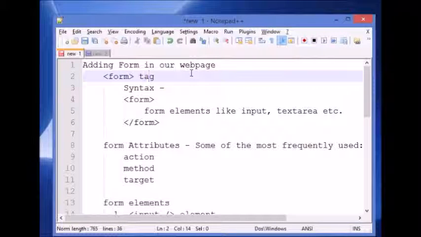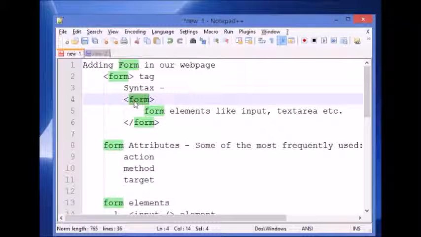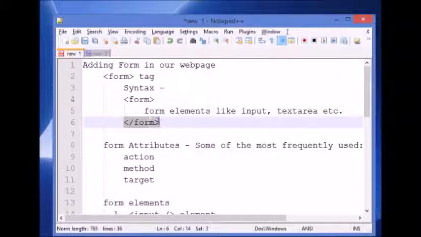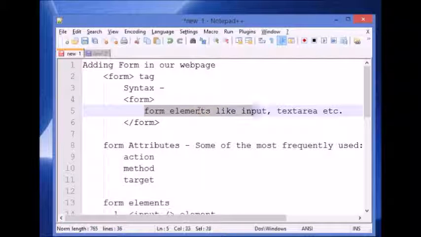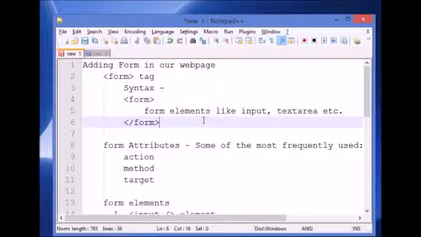So how we can put the form in our web page? So by using form tag simply. And the syntax of using form tag is, again, we have to open the form tag and then we have to close the form tag, and within that there would be one or more form elements, right? Like the input, text area. We will see what are these input form element, text area, or others. Okay,